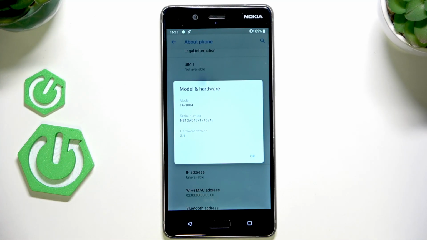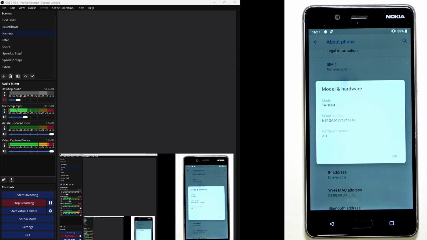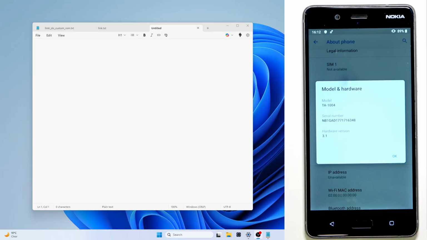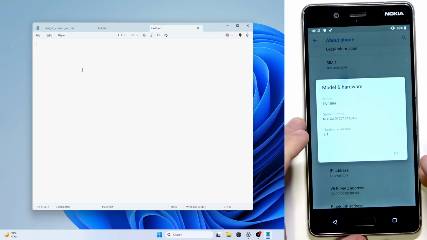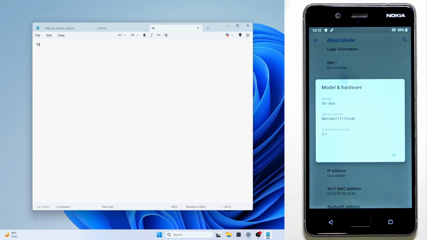So let's maybe go to the computer already, because we'll need to use the computer for a moment. Hold on a second, I messed up. Okay, yeah. So now, as you can see, I'm in the notepad. Let's write down the model. It's TA1004 in my case, but in your case it may be different. Just write your own one. And the serial number, in my case it is NB1GAD1771716